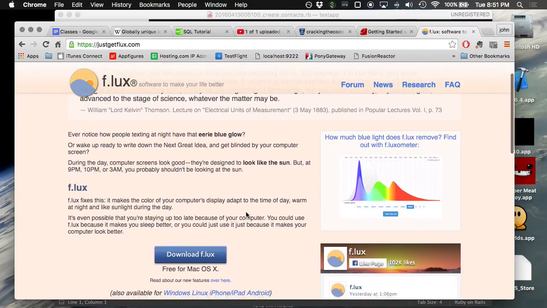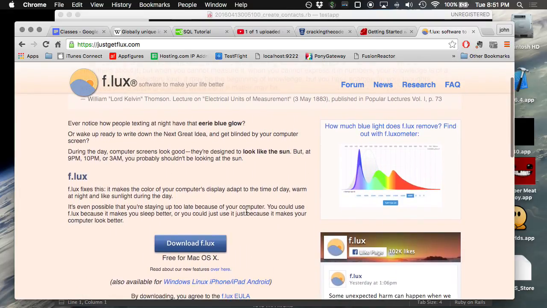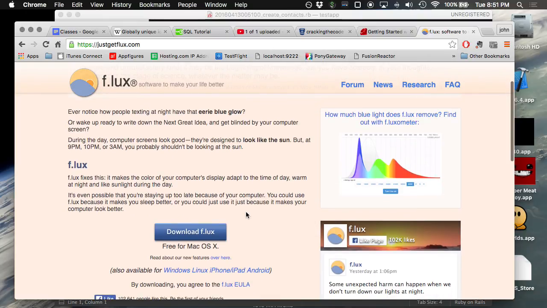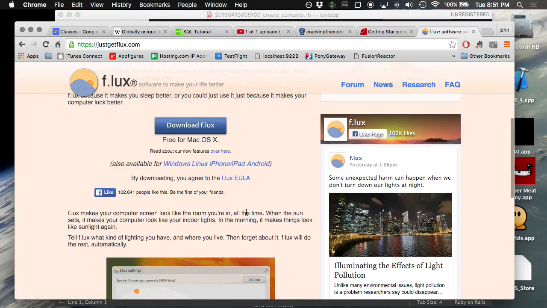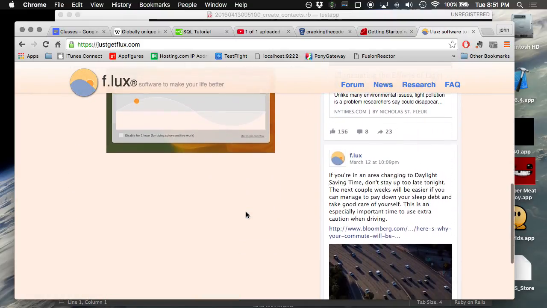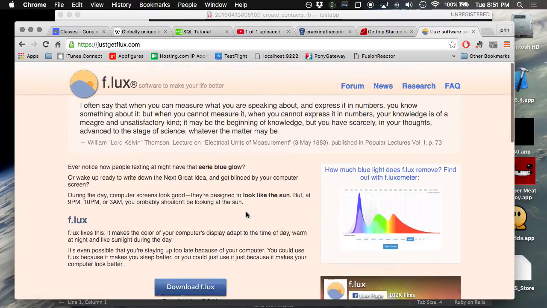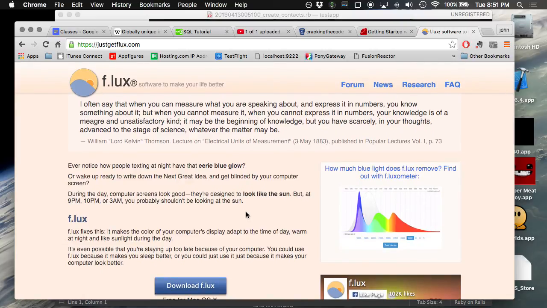I wouldn't want anything on my computer that changes the color on my screen, because I like to make art on my computer too, and having altered colors is not a good idea. I keep trying to download this stupid